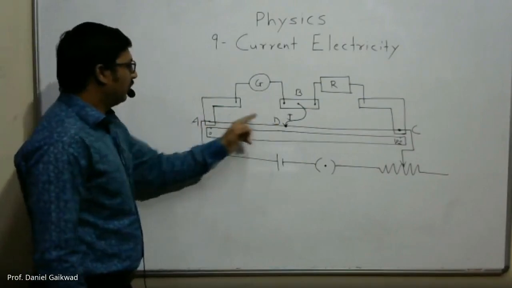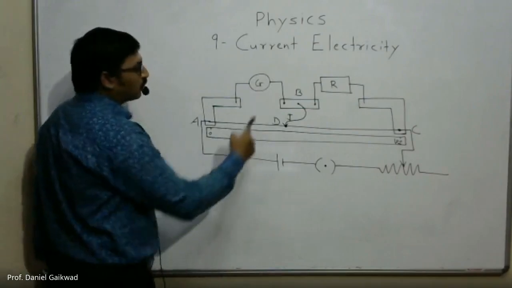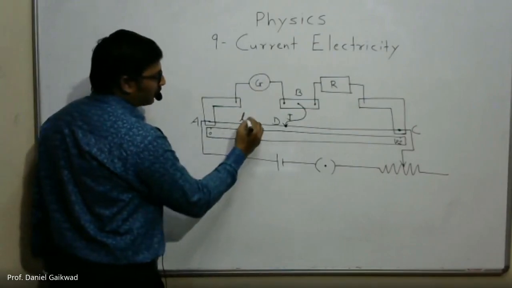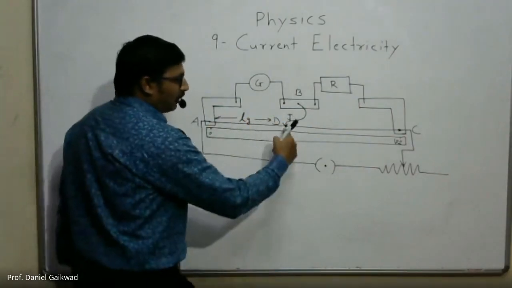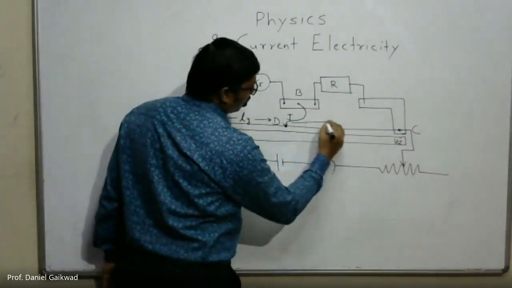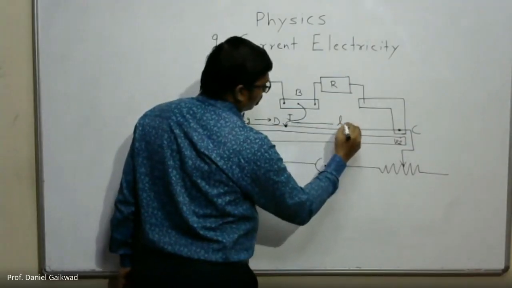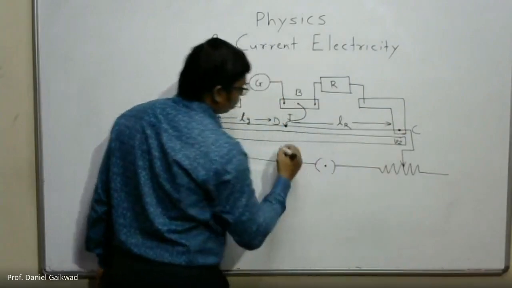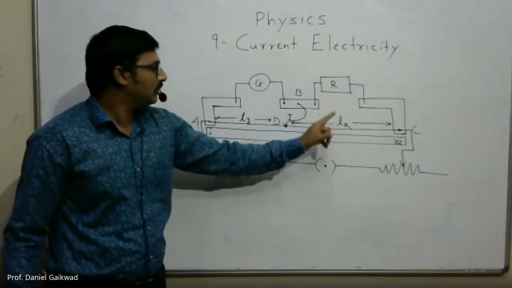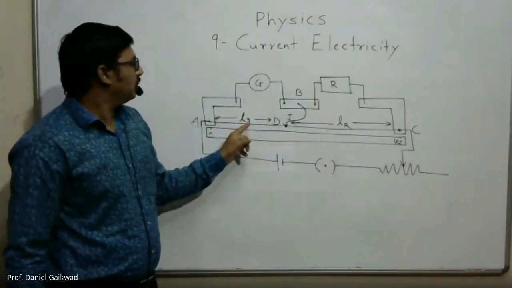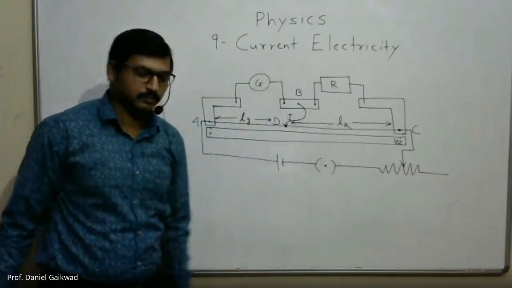Now in that case, the length from A to D, that is opposite to G, or opposite to the galvanometer, is taken as, suppose, LG. So this will be the length on the left hand side. From D to C, we have the length taken as LR, opposite to the resistance box or resistance. So opposite to G we have length LG, that is A to D, LG, and D to C, LR.